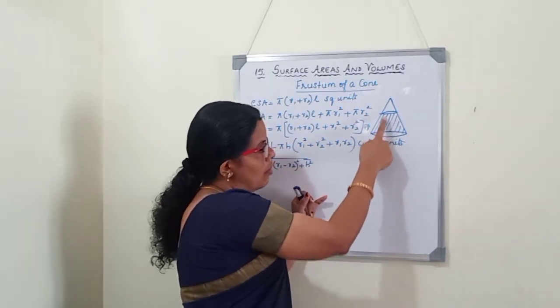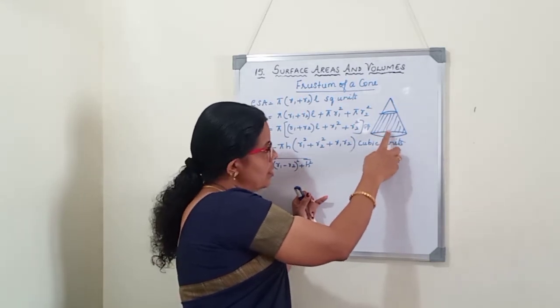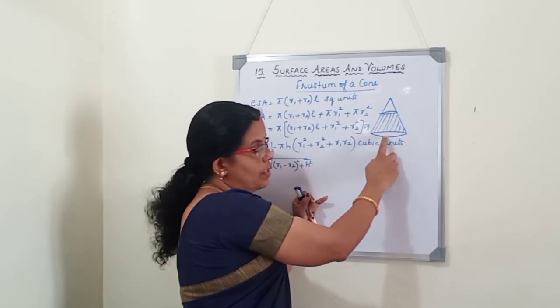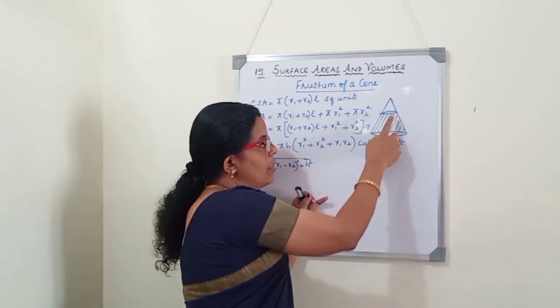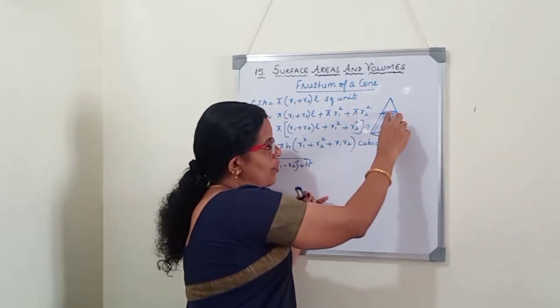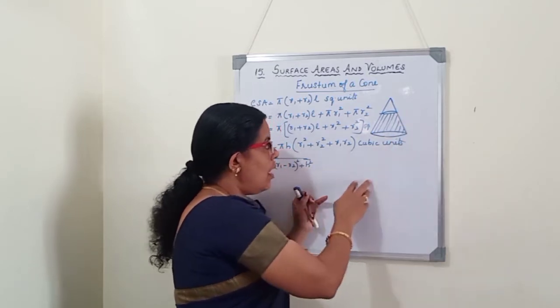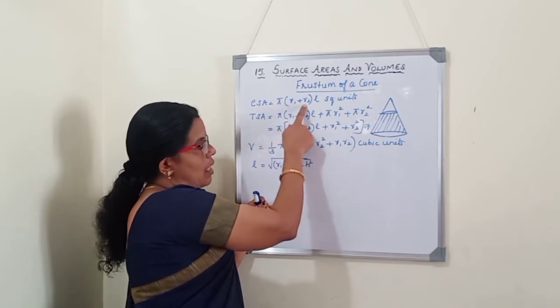It has two circular surfaces, one bigger surface and one smaller surface. So here diameter of the bigger surface we will take it as D1 and radius as R1. Smaller surface diameter D2 and radius R2. Here this is the height of the frustum of the cone and this is the slant height. And we discussed the formulas. CSA is pi into R1 plus R2 into L.